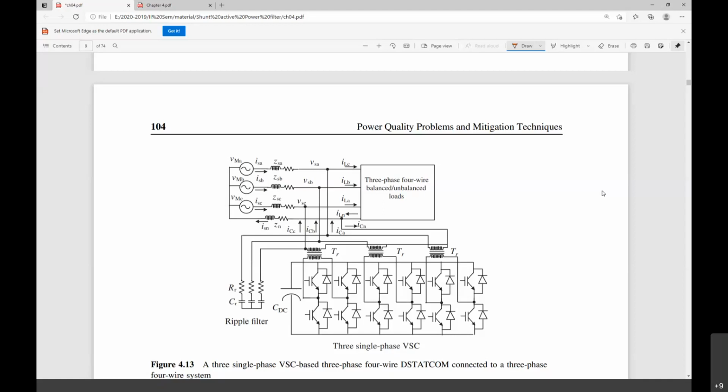If you look into the connection, this topology, this is the leg. This is one of the phases, and this is also one of the phases, phase C. The neutral is here. One of the phases is going to connect over here, and the neutral has a connection. This connects transformer, and this transformer, and this particular transformer.